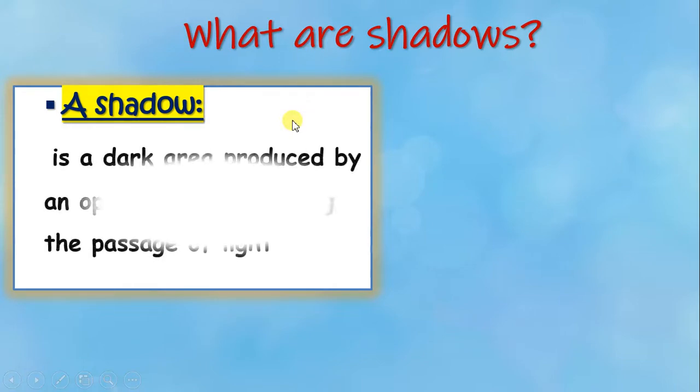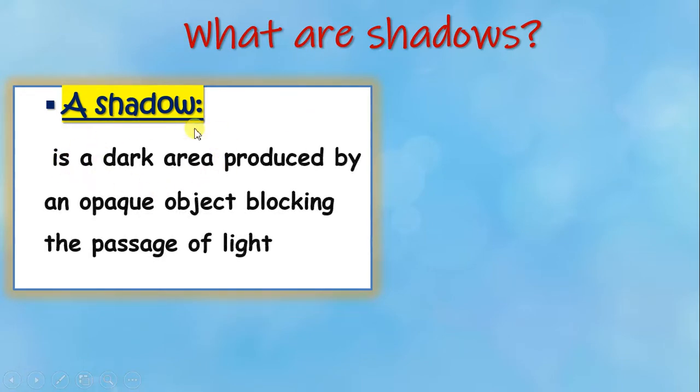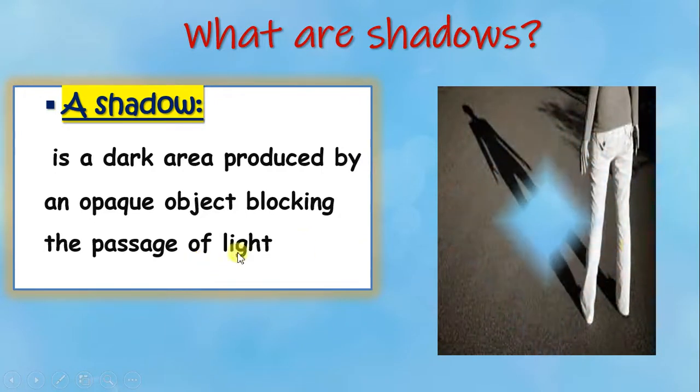They form something called shadow. So what are shadows? A shadow is a dark area, black area. It is produced by opaque material when the opaque material blocks the passage of light. So what is a shadow? It is a dark area produced by an opaque object or opaque material that blocks the passage of light. When the light falls on this human, who is opaque,